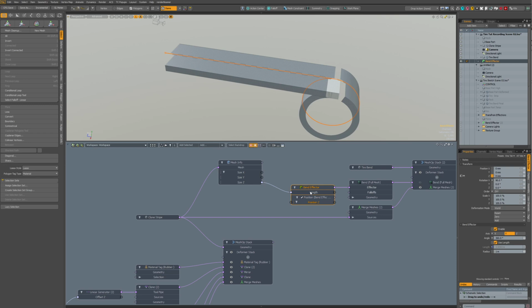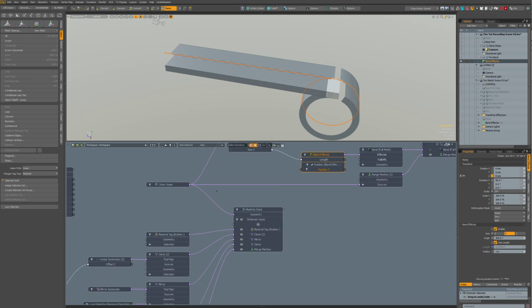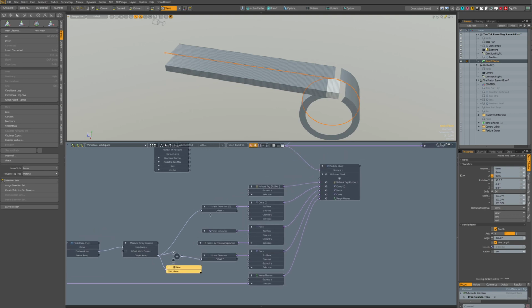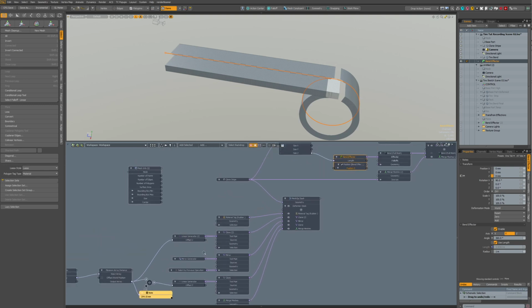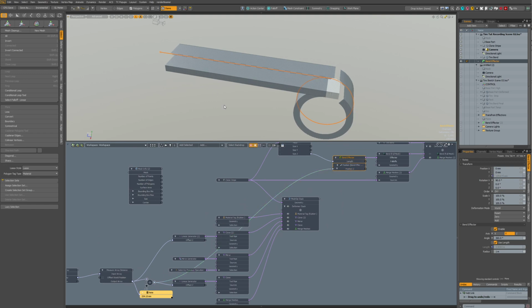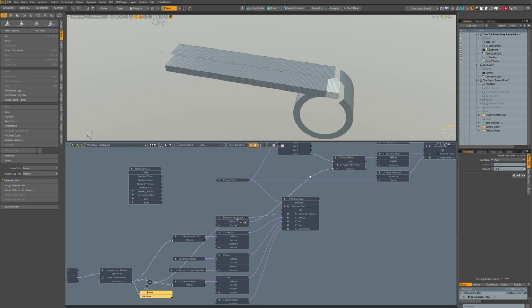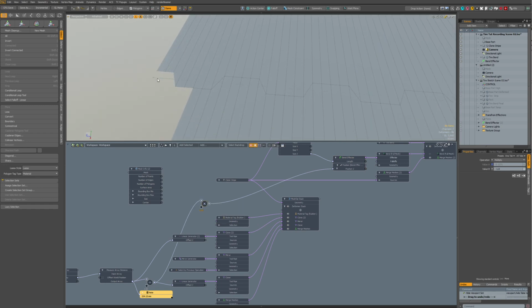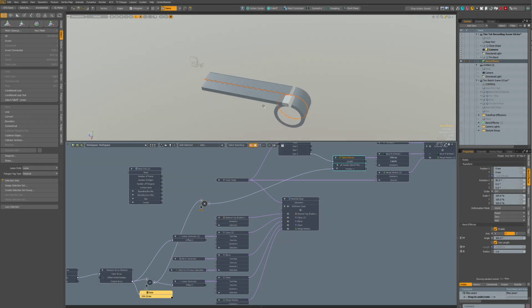Let's add the position Z channel for it there, and let's grab I think we can take this channel. Okay, but it goes the wrong way, so we make it negative, and yes, it's in the right place.